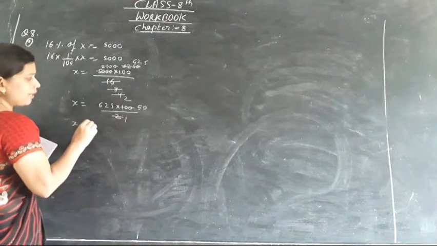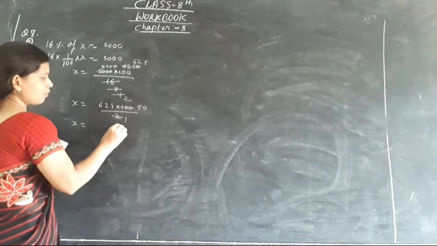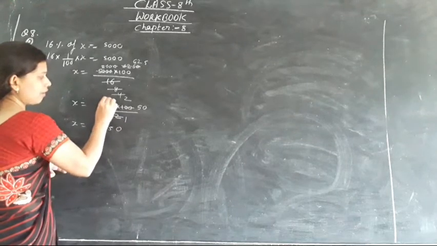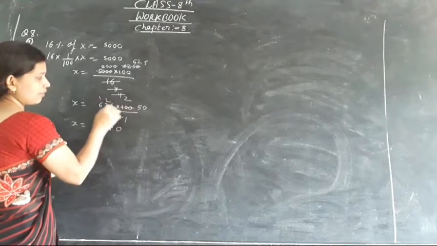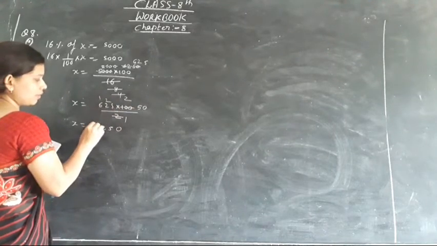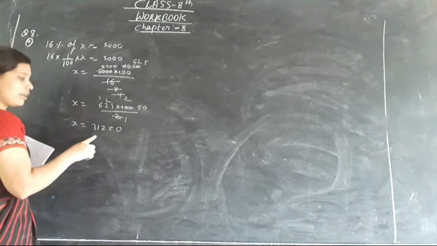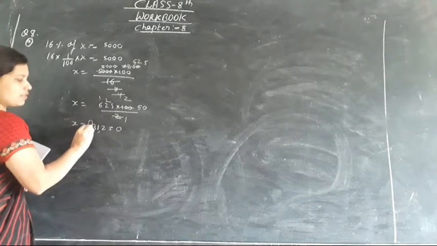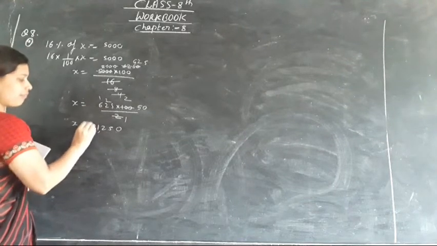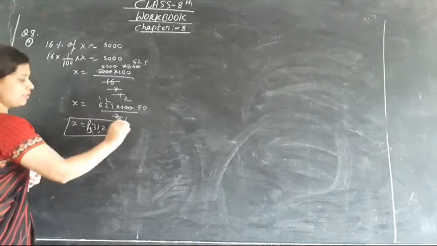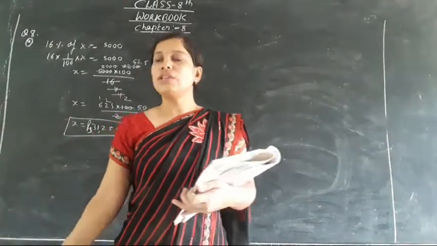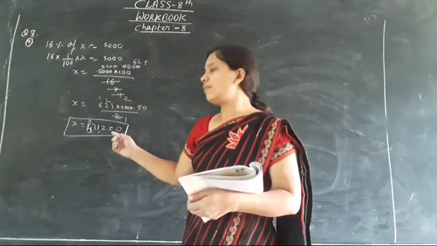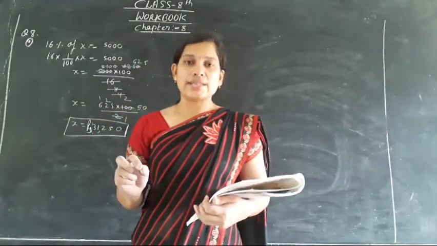Now we can multiply it by 50. So here 0 will come, 5 5s are 25, 5 2s are 10, 11, 12. Okay, 5 3s are 15 plus 1, 16. So what is the answer we will get? The answer will be rupees 31,250. So this answer, rupees 31,250, you have to write in the blank as a filler.